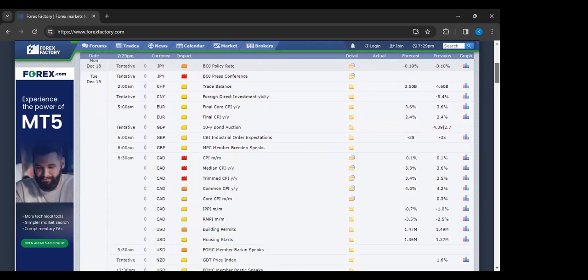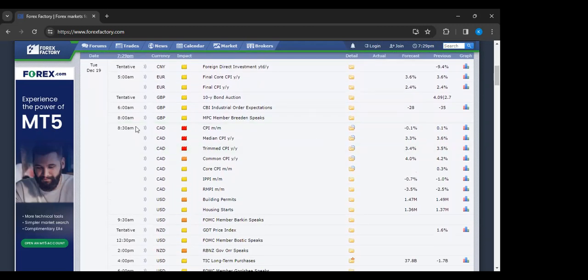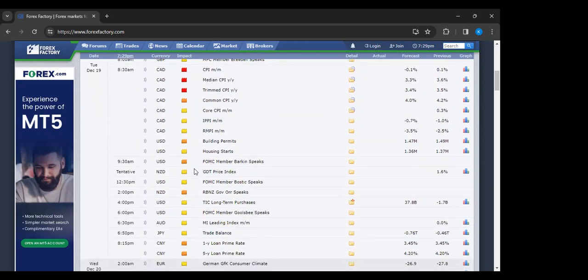Tomorrow, the biggest thing that we have coming out is Canada. They have their CPI news. So this isn't necessarily something that's going to affect us directly unless you trade a Canadian pair, but indirectly because of just the Canadian economic situation. We're always wanting to pay attention to our allies' economic situations because that could impact how we do business with them, how they do business with us, the cost of things that are coming out of that country that we have to pay for. So we'll be paying attention to that.